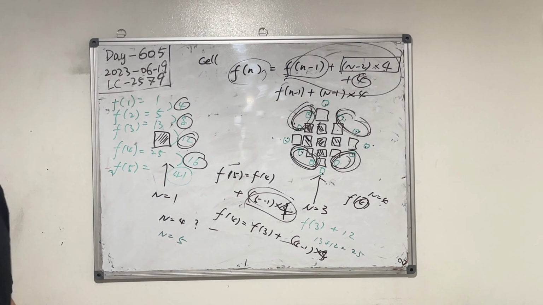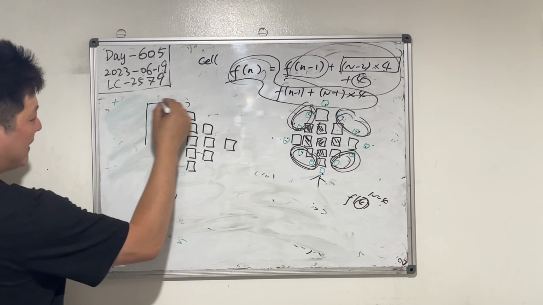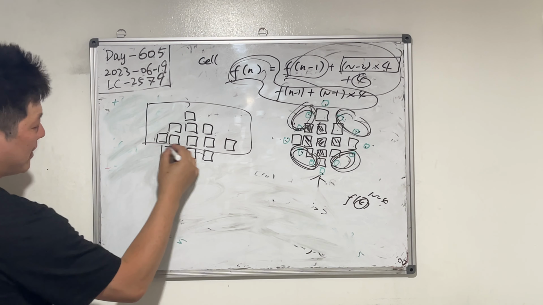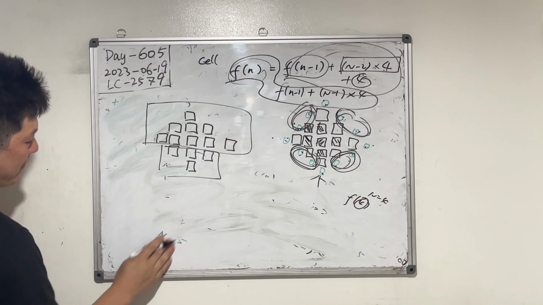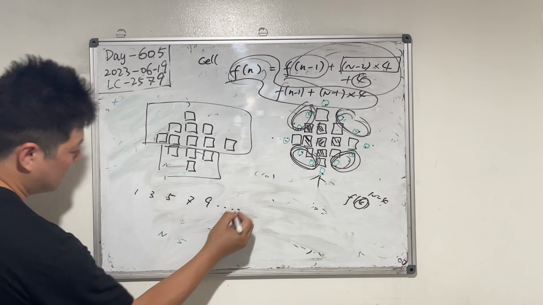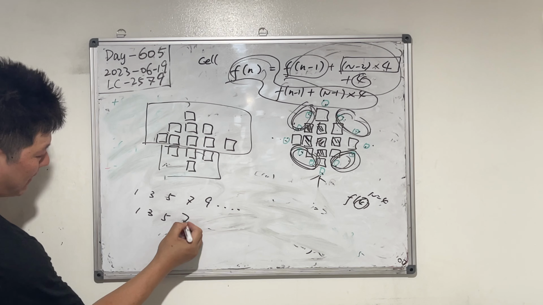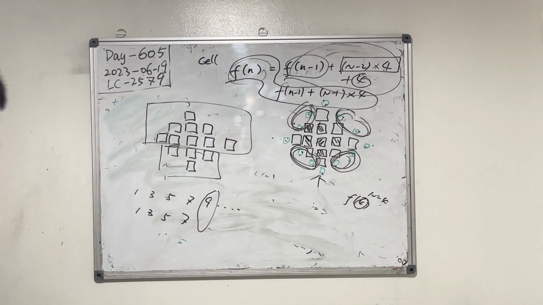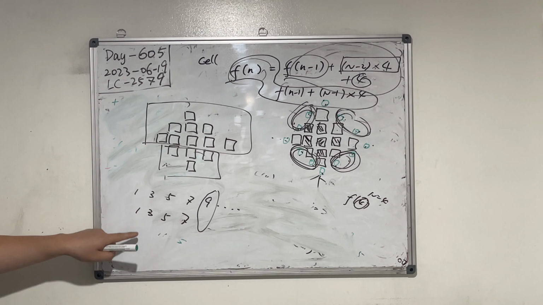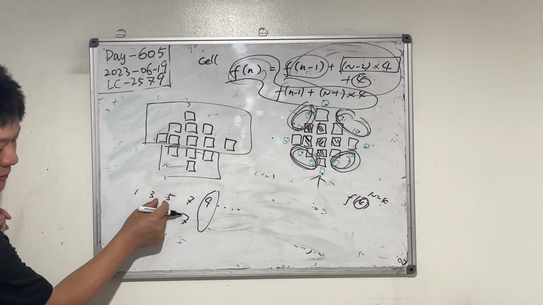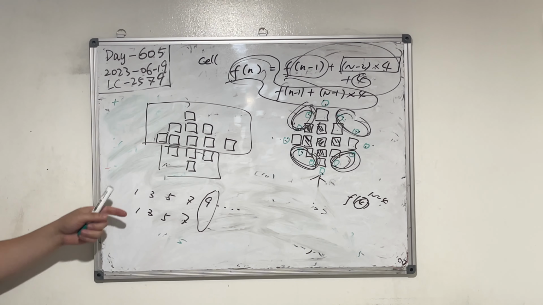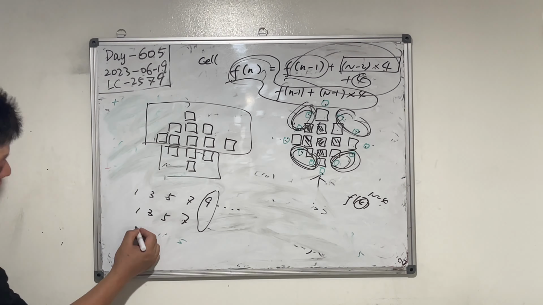Okay, so look, here it's actually two arithmetic sequences, right? What's an arithmetic sequence? 1, 3, 5, 7, 9, right? And here is 1, 3, 5, 7. The middle is 9, for example. Look at the distance between two neighbors, it's always 2. So we know how to compute the sum of these